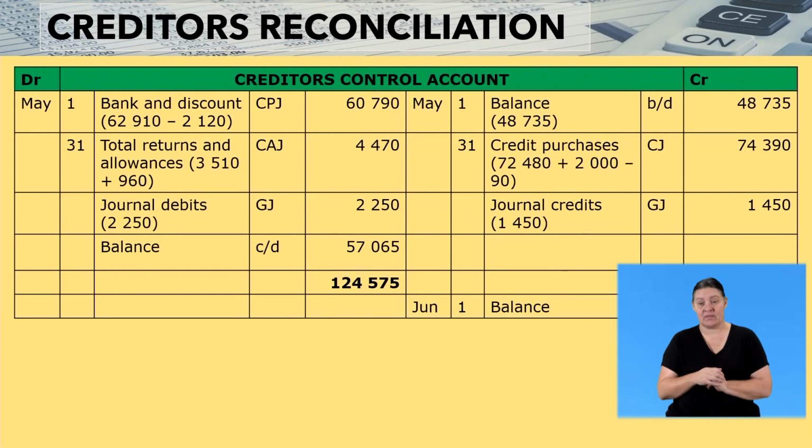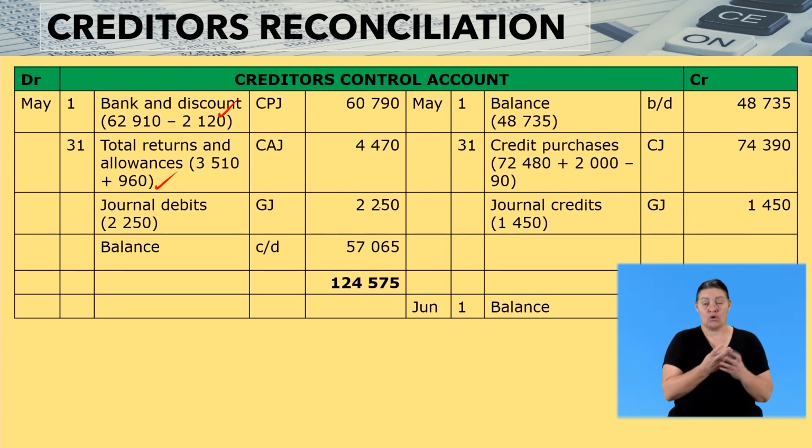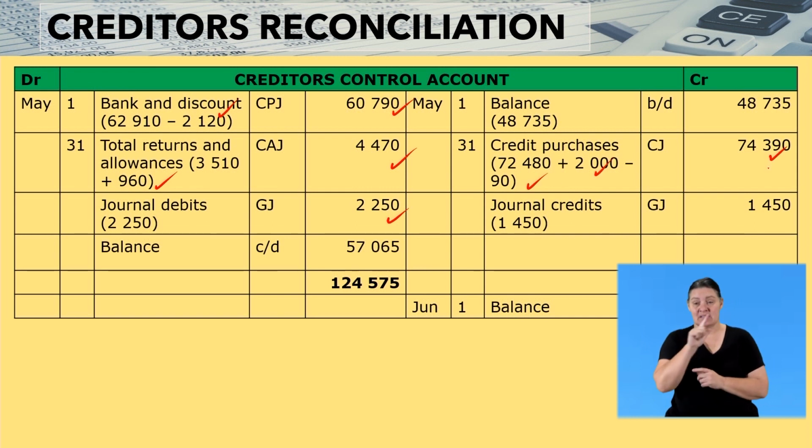This is how our creditors control will then look. Here is that error that we corrected, and we also did that. So on our general debits, there was nothing, hence we will have the 2,250 still. And on our credit purchases, you remember the 2,000 and the 90, hence we end up with 74,390. General credits, there was no change. And then we total it up with